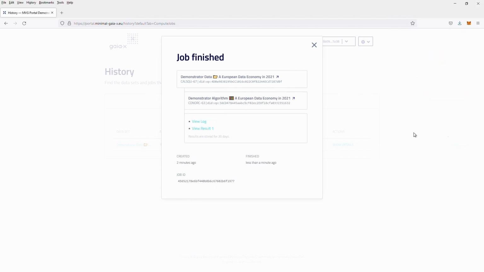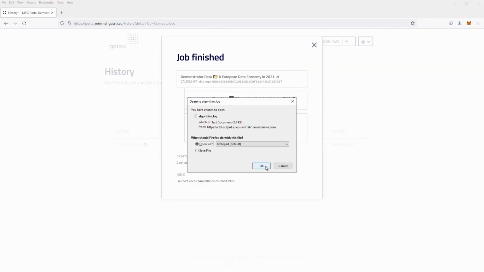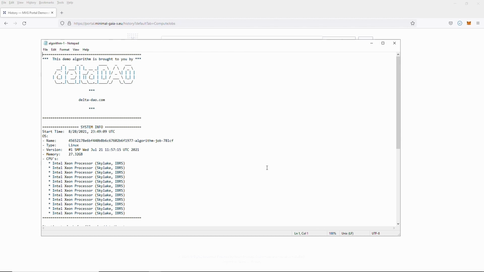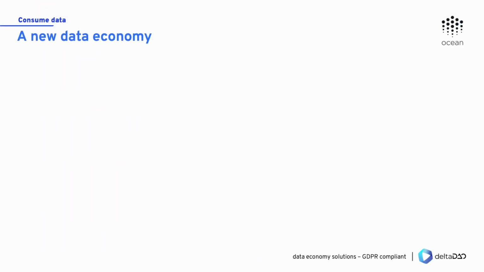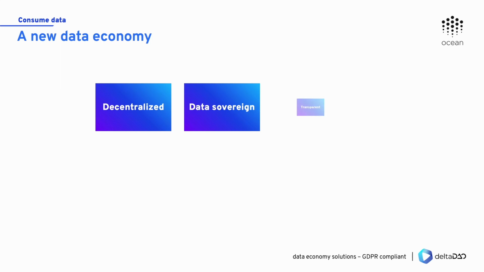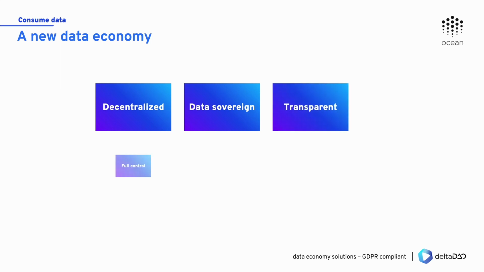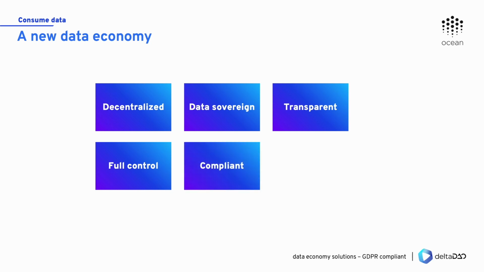Congratulations! You did run your first Compute to Data job on our minimal viable Gaia-X powered by Ocean protocol. This gives the first impression of a European data economy powered by Ocean protocol: decentralized, data sovereign, and transparent. A data economy where data owners keep full control over their data. A data economy where data isn't moved out of your premises, making it easier to comply with data protection regulations